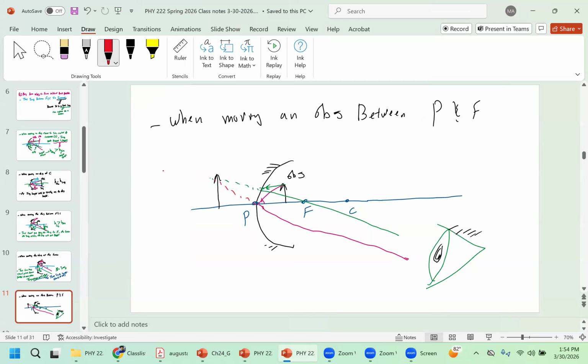Okay. So the image is appearing where? You're looking at it in the mirror and it's showing up behind the mirror, but it's not over there, because remember when we talked about real and virtual images? The image is not technically there. So basically, what you are getting at this point between P and F is your object. And at this point,